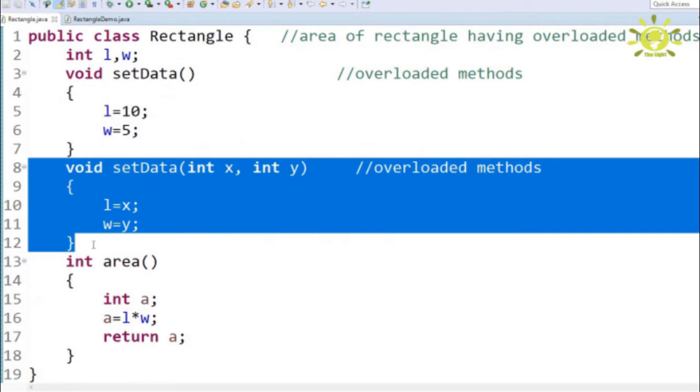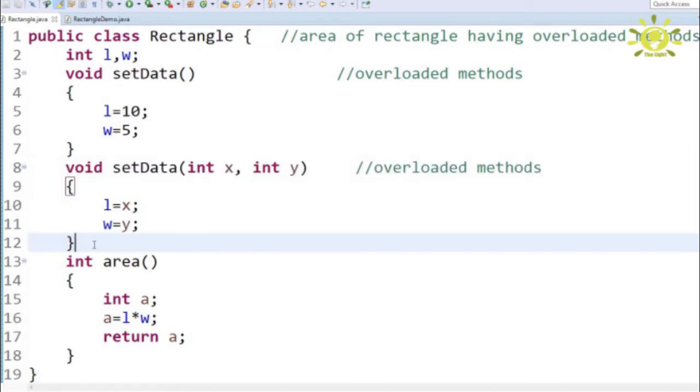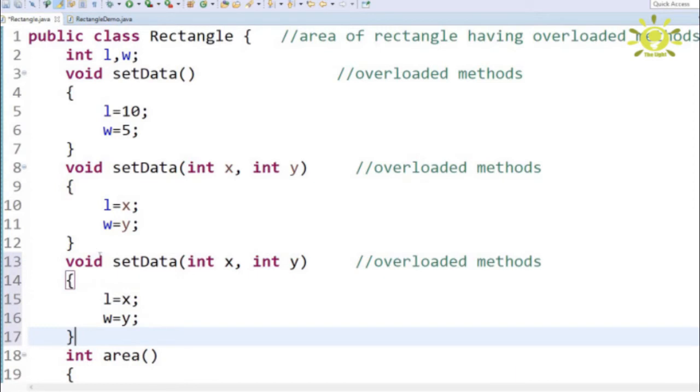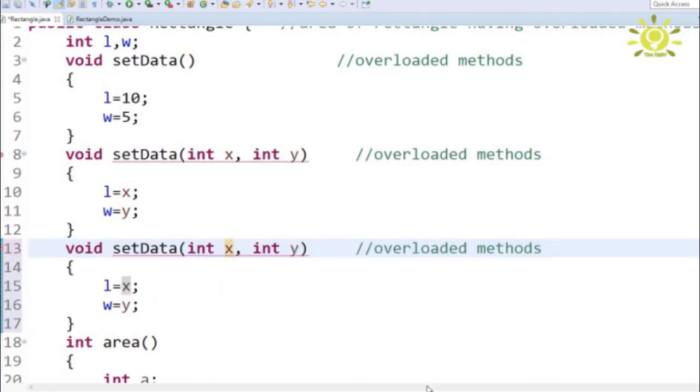So here the question: if you have more than two overloaded methods, then what do you do? I am going to copy this and paste it here. Now I am going to change its data type to double, with A and B as double.